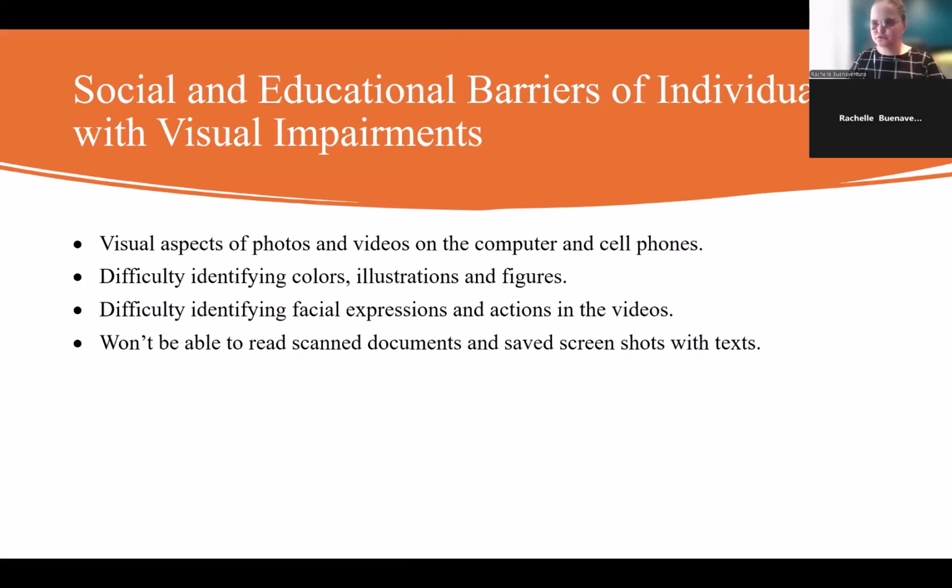Slide 5, social and educational barriers of individuals with visual impairments. As you know, as persons with visual impairment, we have social and educational barriers that we might encounter in everyday activities. First, visual aspects of the photos and videos on the computer and mobile phones. Next is difficulty identifying colors,